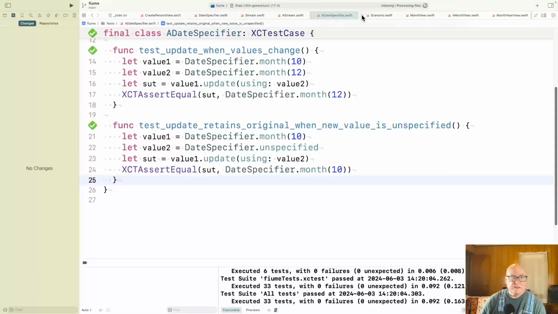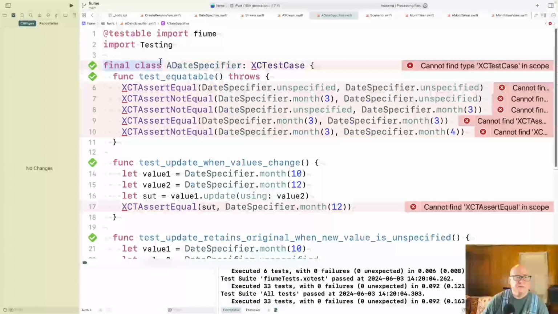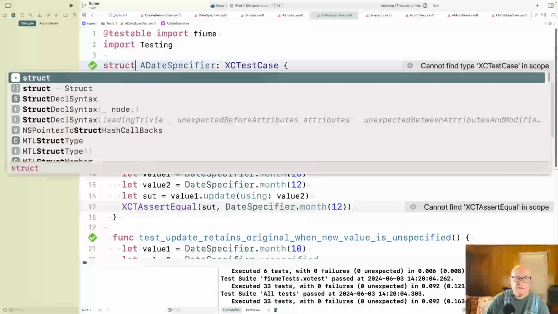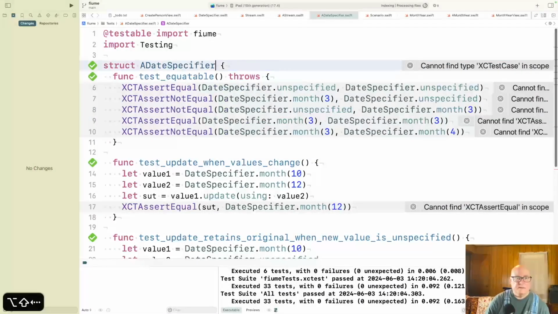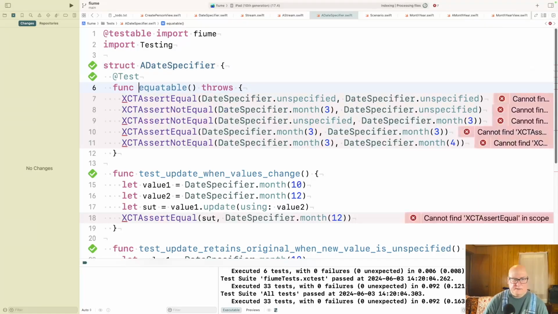And then just because we're here and for the practice, let's switch this to import testing. And this becomes a struct. And this becomes @test. And we don't need that stuff.